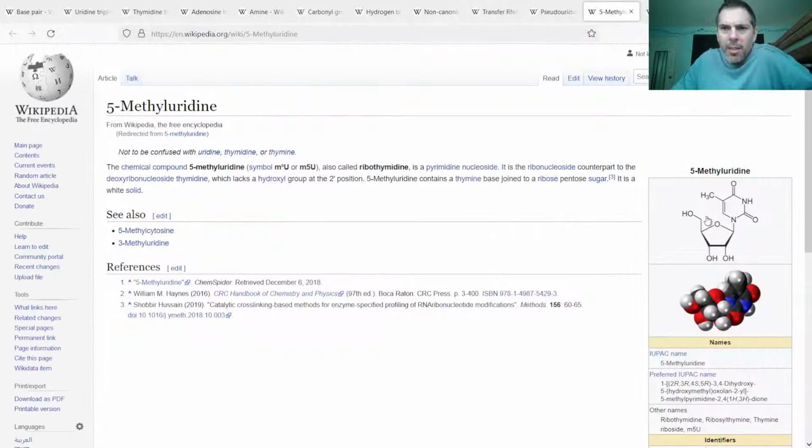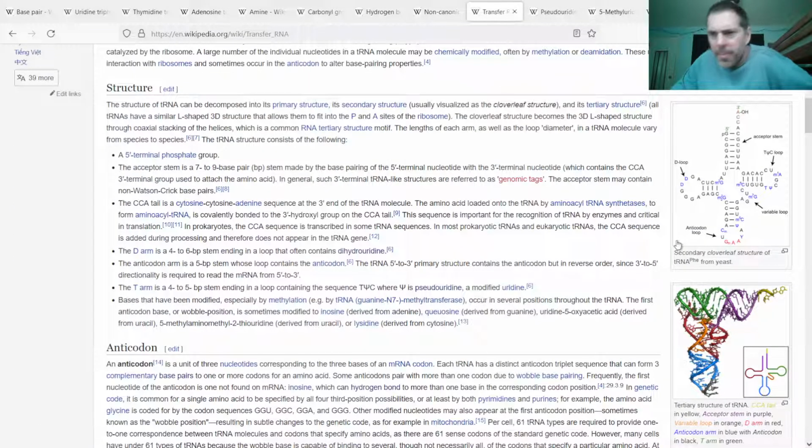The T is essentially thymidine, except normally thymidine is only in DNA, so it's called a ribothymidine, since it's thymidine but with the ribose and the oxygen here on this number 2' carbon. So that'll be shown as a T in this transfer RNA structure here. And then the D comes up as